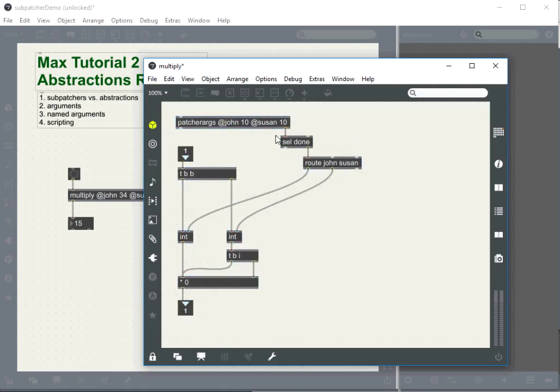So Susan 10 will be the first message out of this right outlet. It does not match done, so it will be passed on to here. Susan matches the second item in the route, and so the second outlet sends the remainder of that message. So it doesn't send Susan, it sends what comes after. And likewise for John, and then the third thing we get out of PatcherArgs is just the message done, and